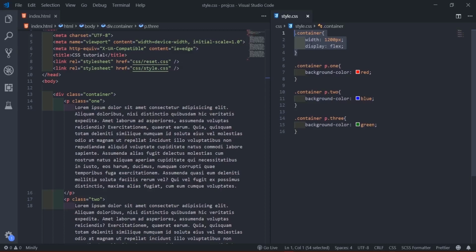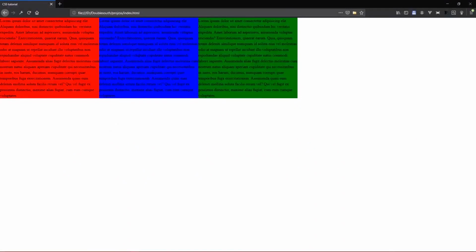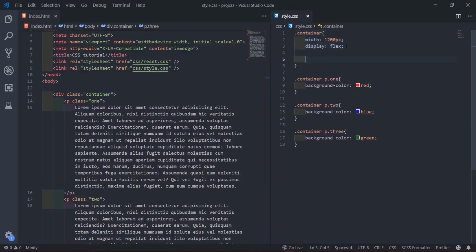So all the children inside this container are flexed in such a way that you can arrange them anywhere you want. We'll do more examples, but I might go with this one to keep things simple for now. You see the paragraphs just touch the edge like this, so for me to fix them, I could do one thing here.